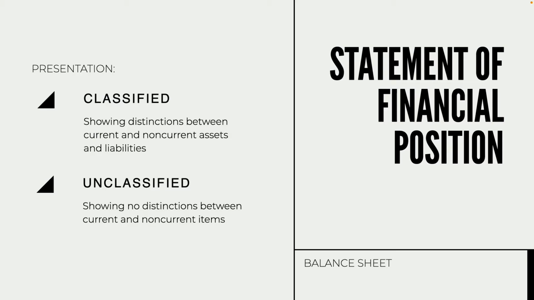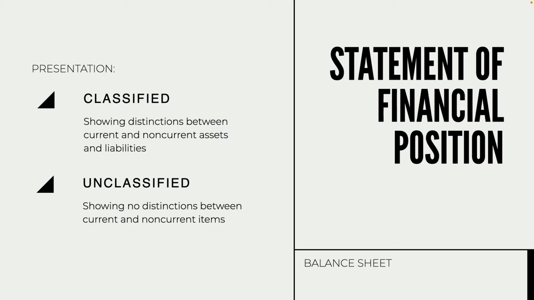So, for the statement of financial position, we are following the concept of aggregation or classification. Here, we are classifying our assets based on similar items, like whether they are under current assets or non-current assets, and whether they are under current liabilities or non-current liabilities. But sir, can we present it as current and non-current, or just not place it that way? Yes, it's possible. Based on PS1, our presentation can be a classified statement of financial position or